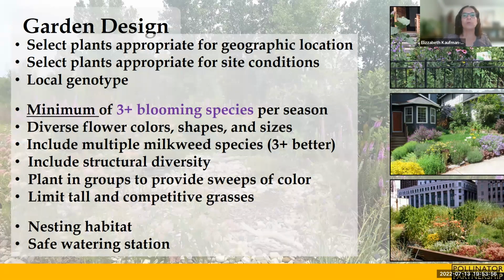When it comes time for arranging your plants, you want to try and plant groups of the same species together, because pollinators are attracted to blocks of color within plantings. So if you think about like the searchlight at night, these large, colorful, solid floral displays will act like that searchlight at night and call the pollinators in. Plant it, and they will come, right? Grouping resources together like this also helps support their foraging efficiency, and it's easier for the pollinators to go from flower to flower that are grouped closer together rather than having to fly longer, further distances